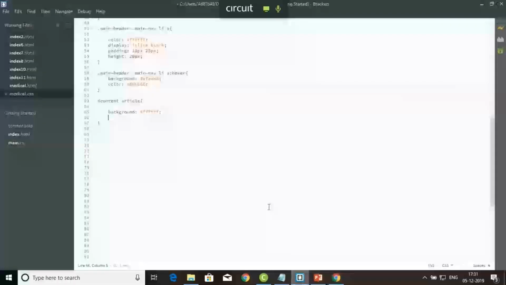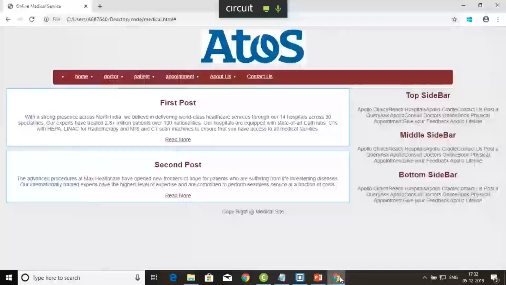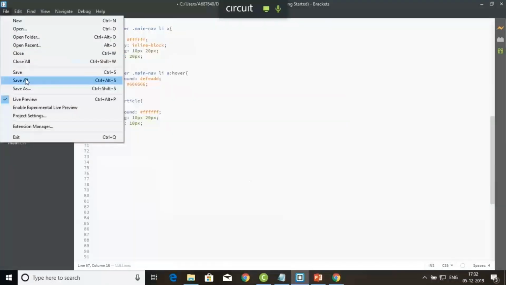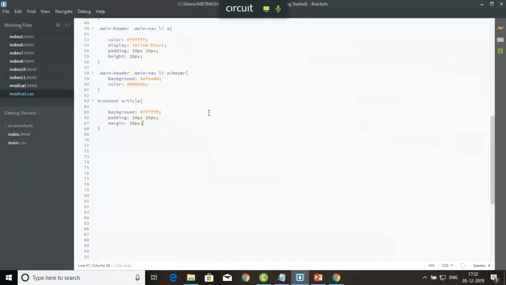So implement some padding, like 10 pixel as well as 20 pixel. And some margin in the top I want to implement. Margin in the top, assume 10 pixel. See how it looks like. Margin in the top 10 pixel, and here padding, and here padding, right? Okay, save it, file, save all. Fine. Now